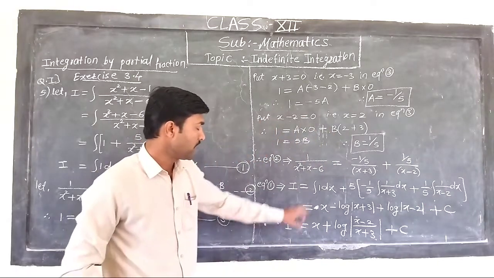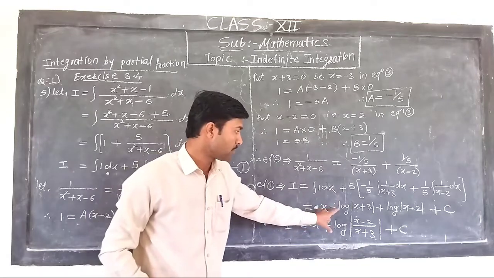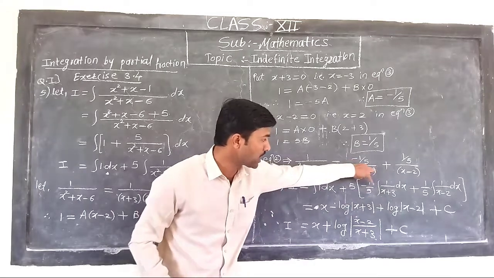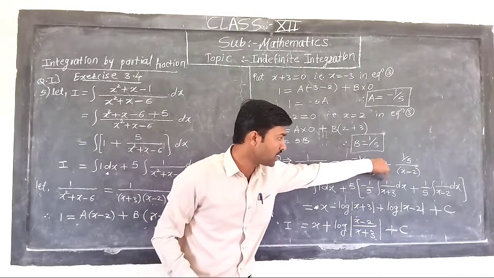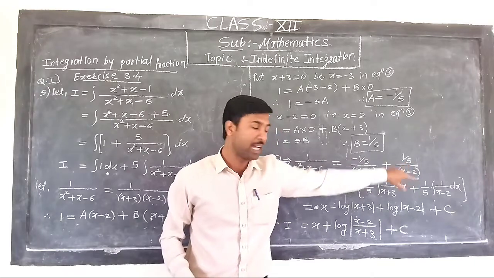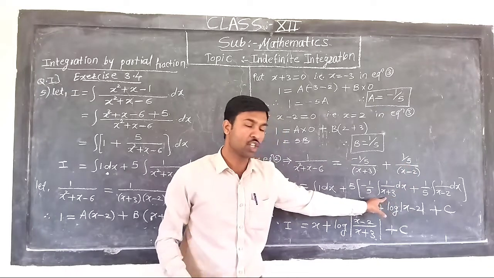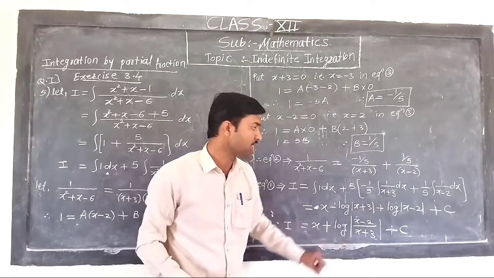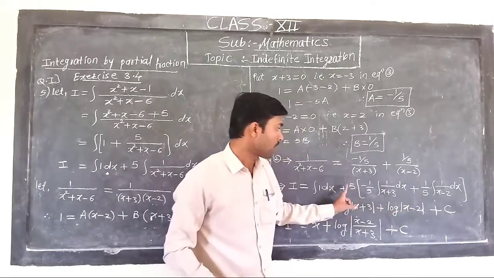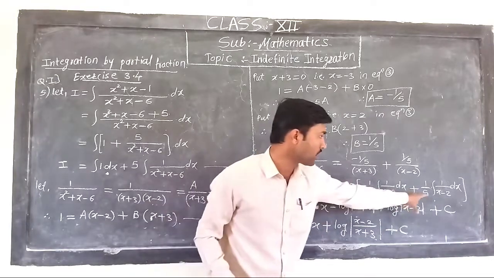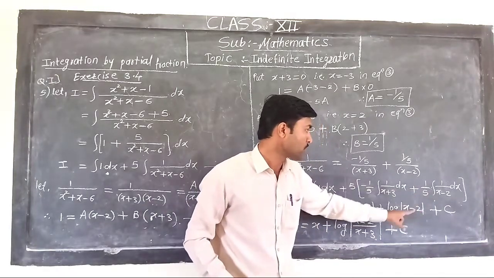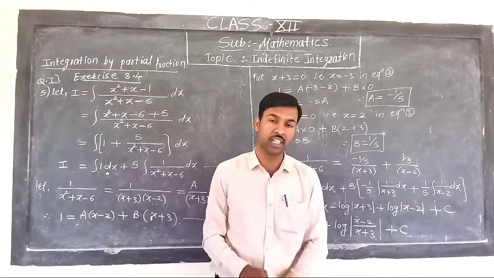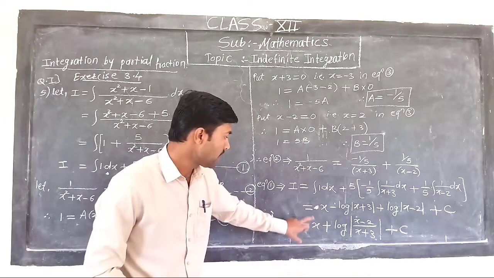Now here the integration of 1 dx is x, and plus into minus is minus. After multiplying by this 5 to this bracket, the 5 gets cancelled. The integration of this term, that is the integration of 1/(x + 3), as it is a linear factor, the integration of 1/f(x) is log of mod of x, so that it will be log|x + 3| plus, after multiplying by this 5 cancelled with this denominator 5, the integration of 1/(x − 2) will be log|x − 2|, plus the integration constant C. Here x remains as it is.